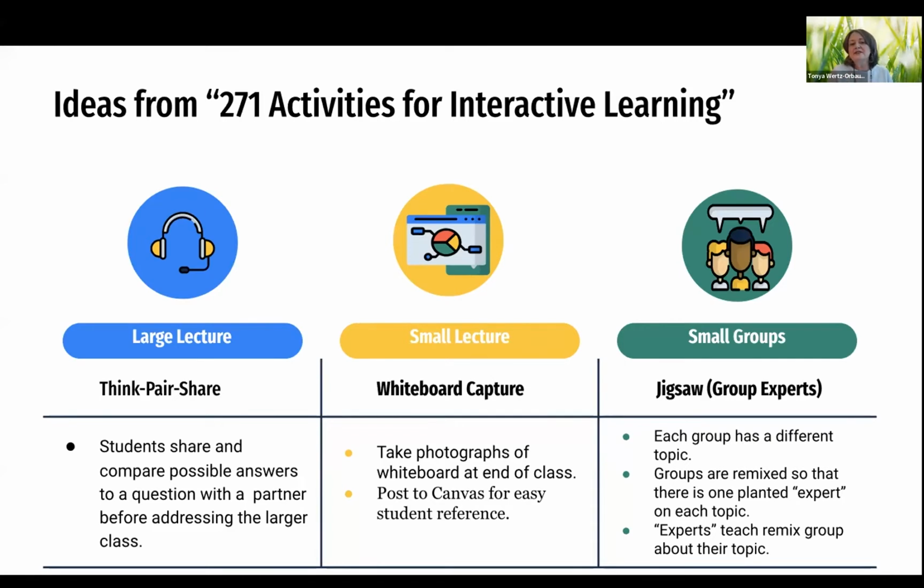And the best thing is this handout is really great for spurring your own thinking about some interactive community building, collaboration activities for classes. And so we just split this up into sections: the large lecture, and small groups. For the large lecture, one of the activities is the Think, Pair, Share. And of course, this is where students are given something to consider, a question, an idea, an inquiry, and then they come together and pose possible answers with each other. They try to solve that together before they share with the larger class.